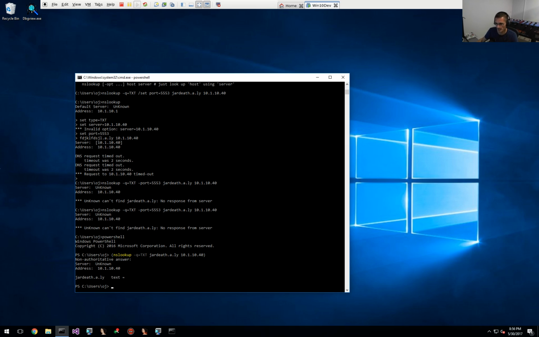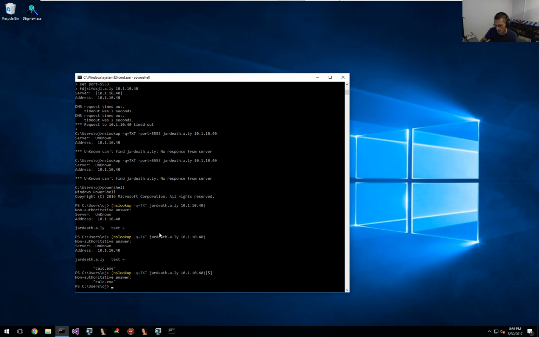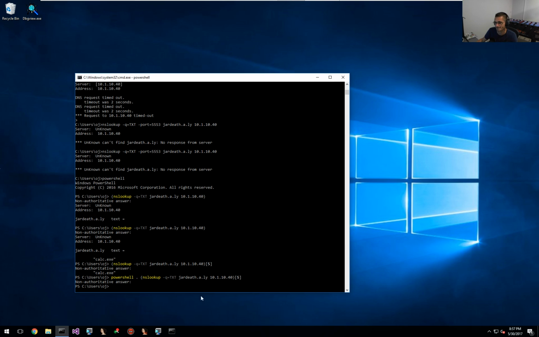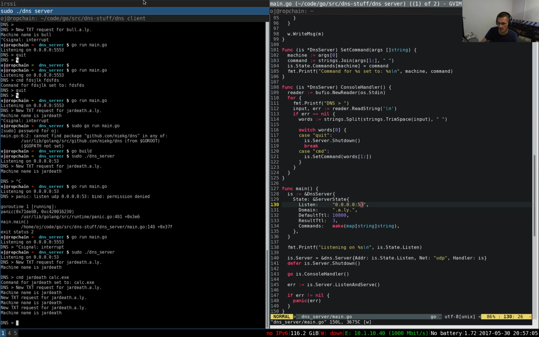So if I run this again, we get calc.exe. Now from here, if I index into that, see how I get calc.exe as the exact string, and so I should literally be able to execute that. And the way we were doing this before is piping it to PowerShell again. So as you can see, we can actually pop calc in this way. So that means basically anything that I now set inside here,